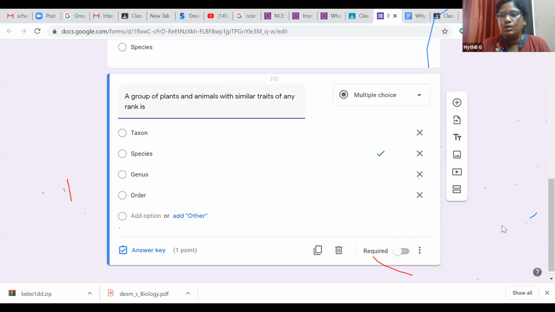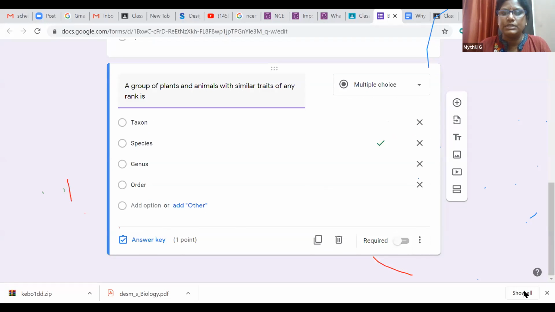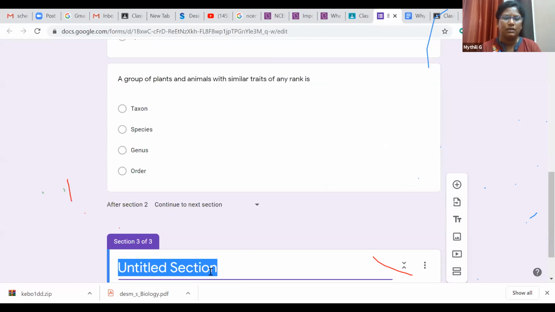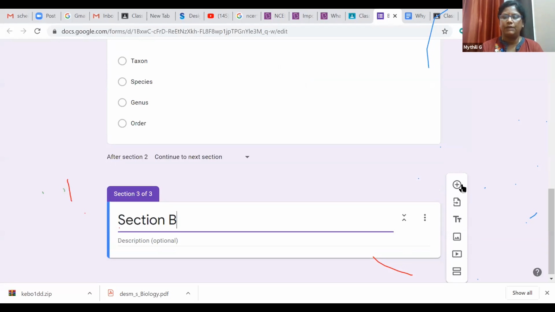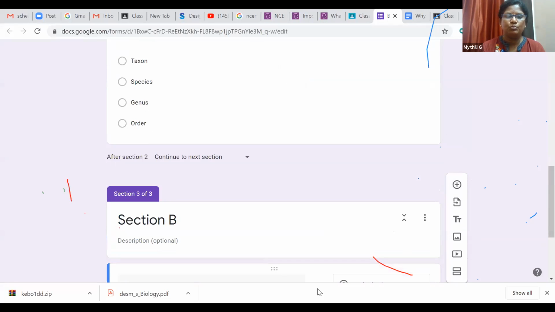Okay, so now these 2 questions I have created. If they get both correct, then they will go to the next section. So this section I will add 2 more questions.